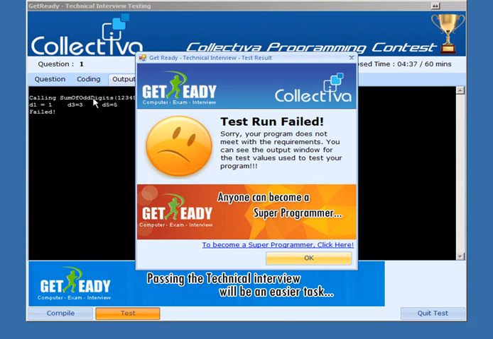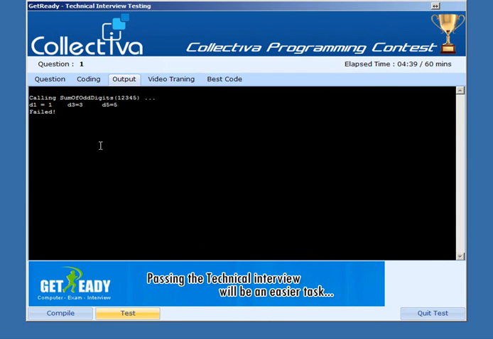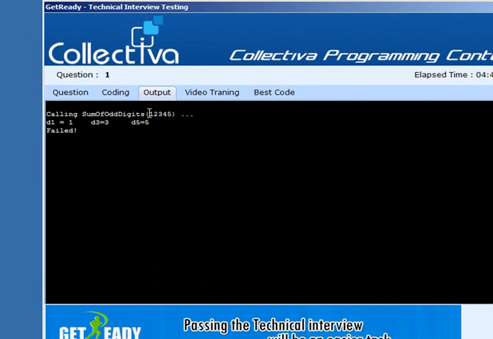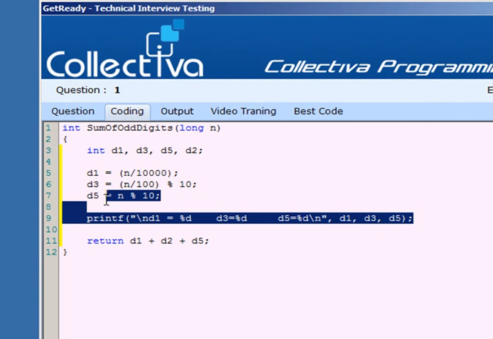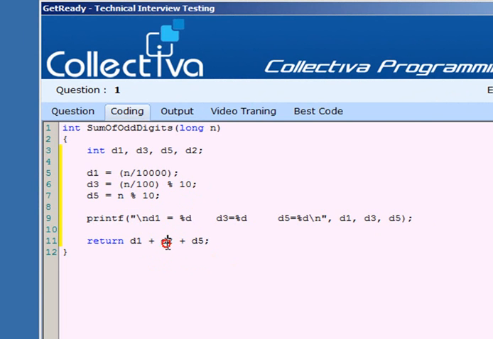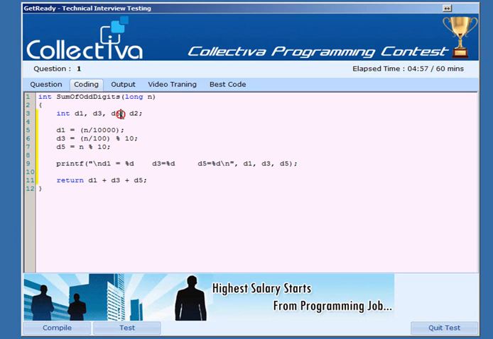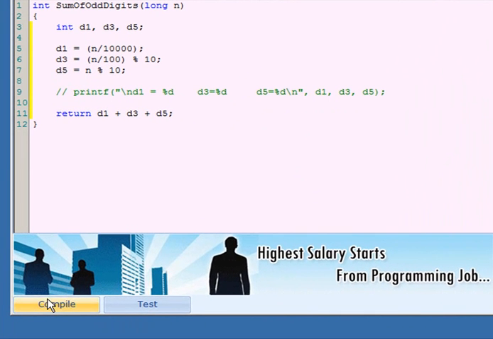In this way I can verify the code. See, D1 contains 1, that is right, and D3 contains 3, that is also right, and D5 contains 5, that is also right. So I have made a mistake somewhere after this statement. Here, instead of D3 I have put D2. So this D2 is also not necessary. I identified my error. There is no need for this printf statement. Again I compile it